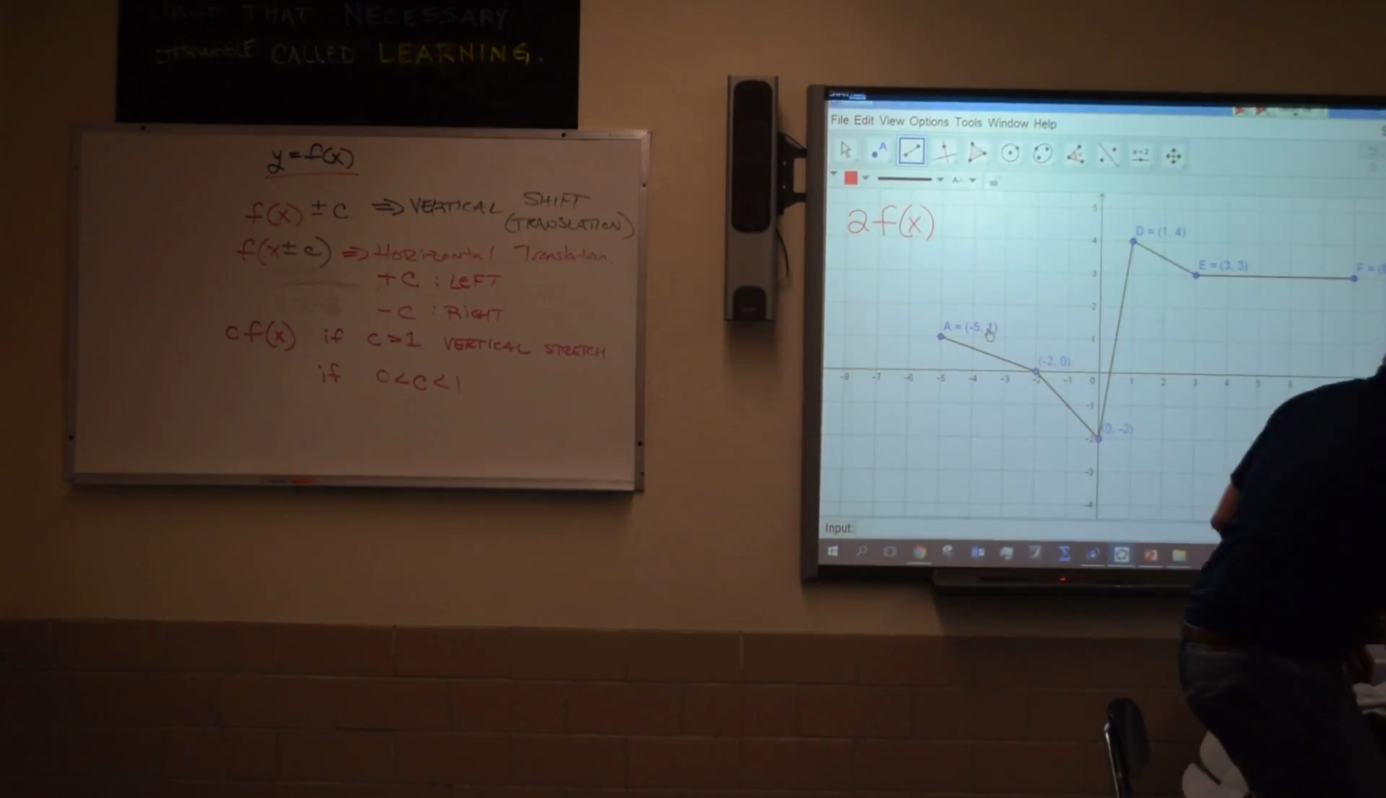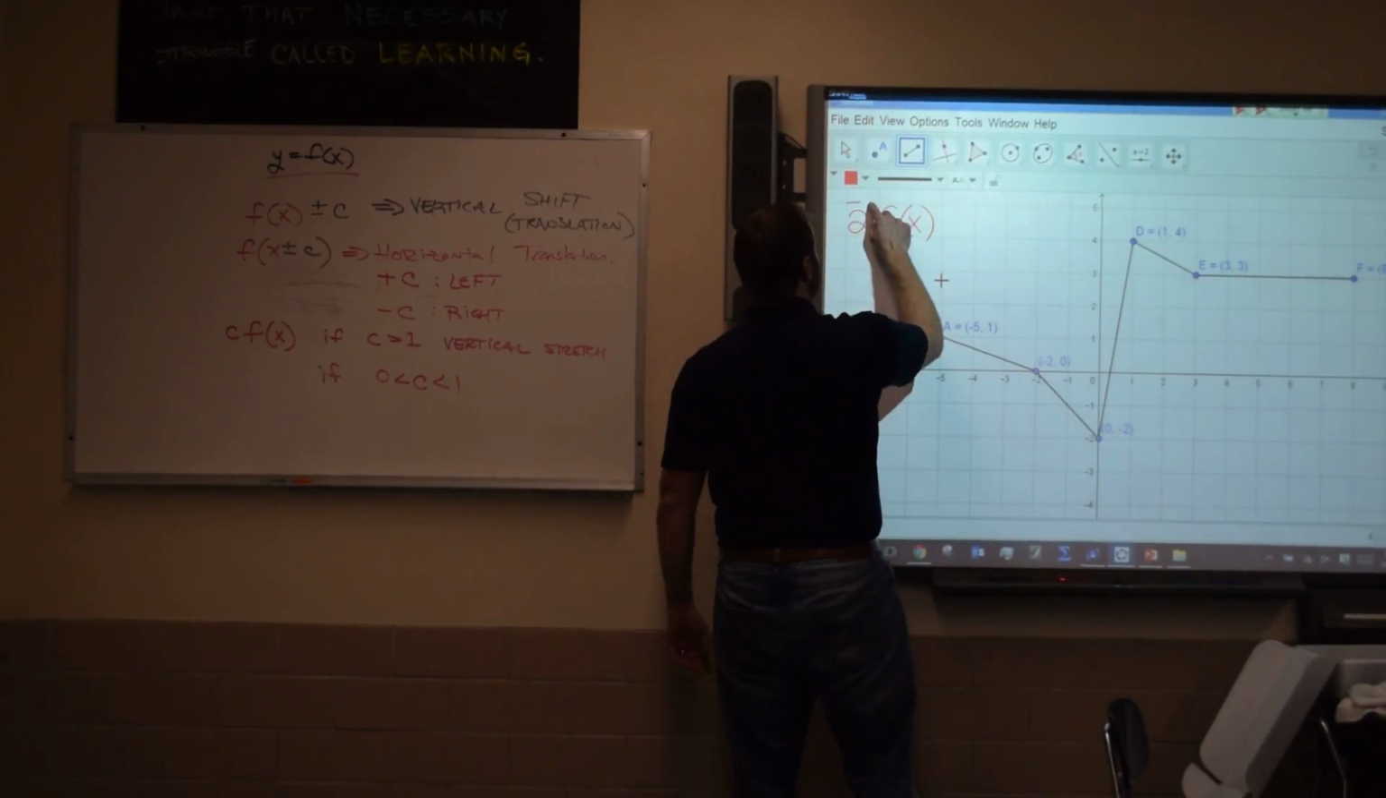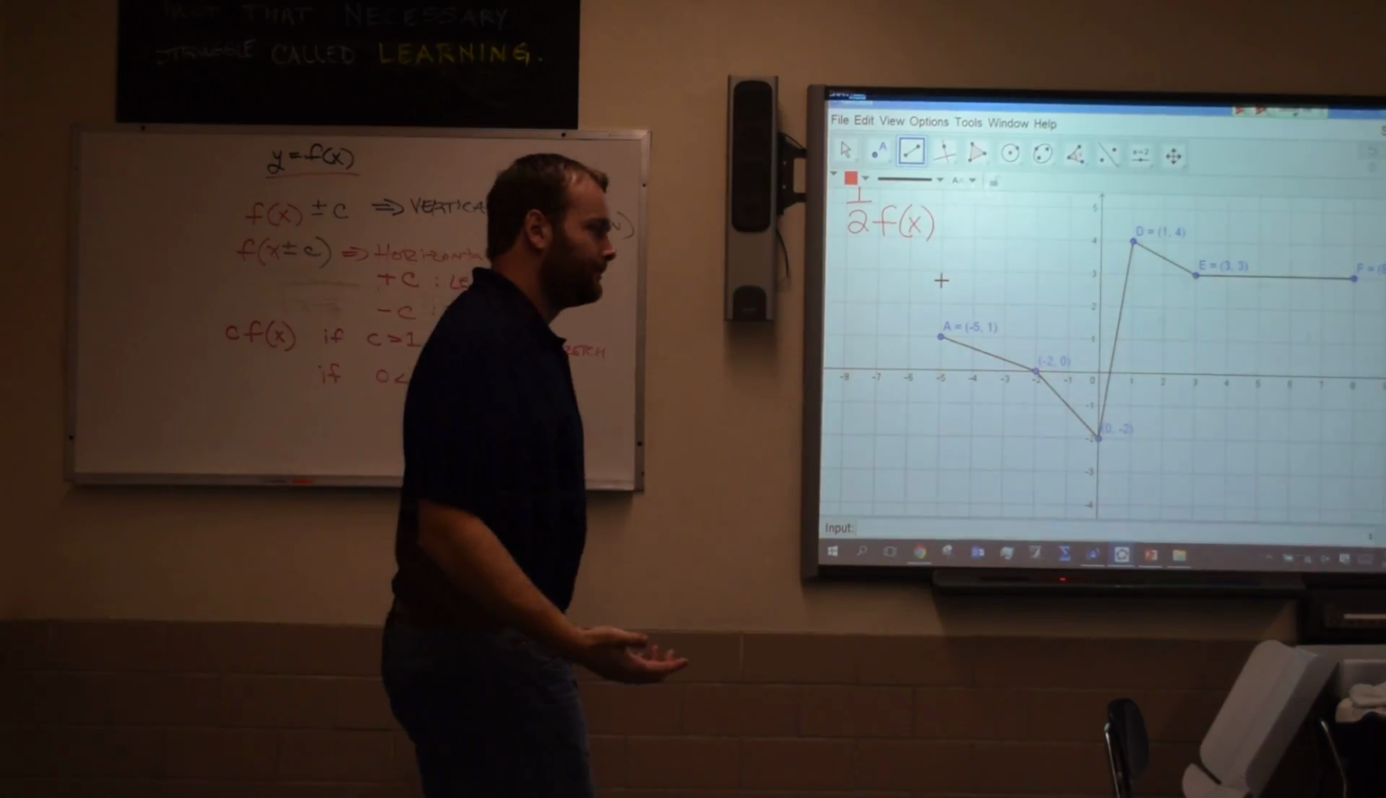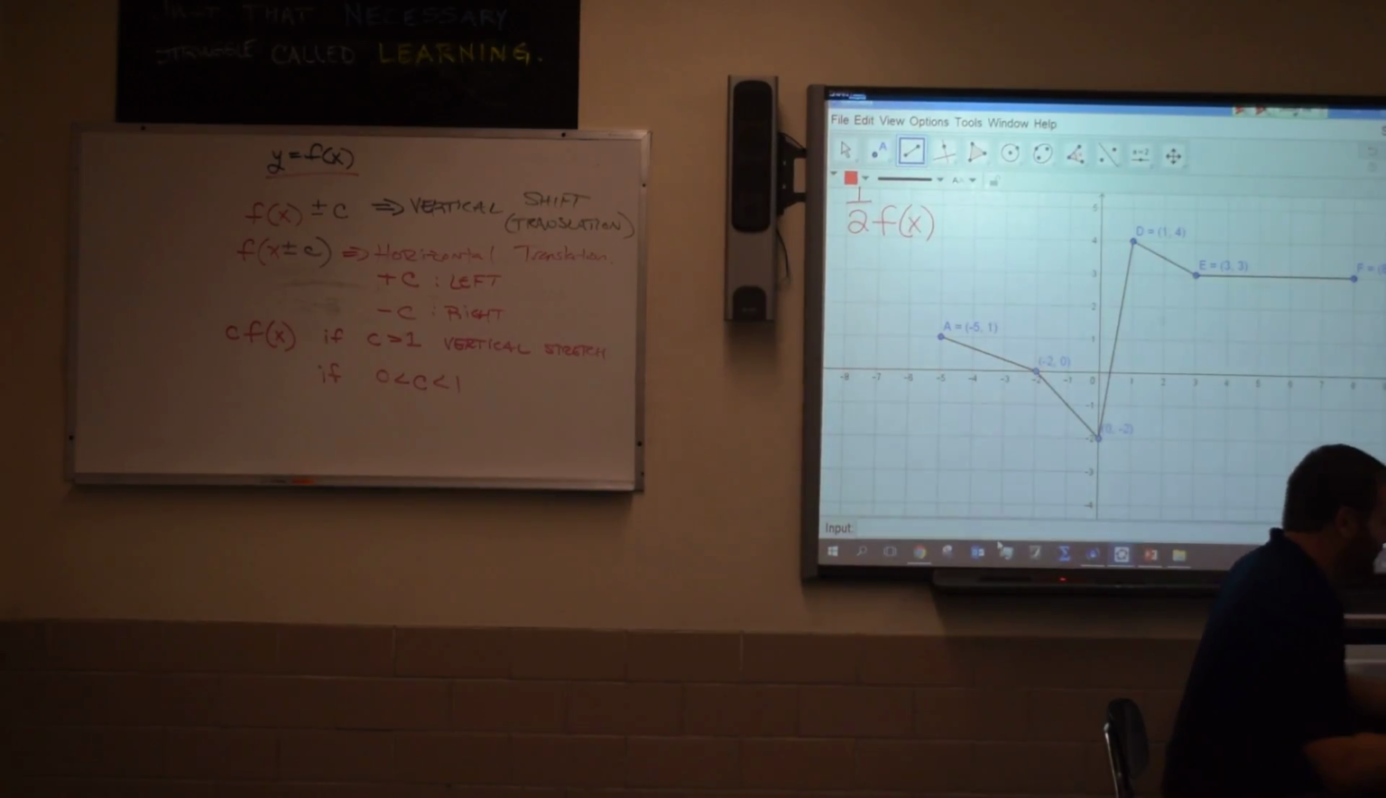So let's say instead of this 2, we make it 1 half. What's that going to do to that y value of 1? What's it going to take it to? 1 half. So I've got -5, 0.5. We'll have, again, -2, 0 stays where it's at. We'll have 0, -1. We'll have 1, 2. We'll have 3, 1.5, and 8, 1.5. And now when we do that,